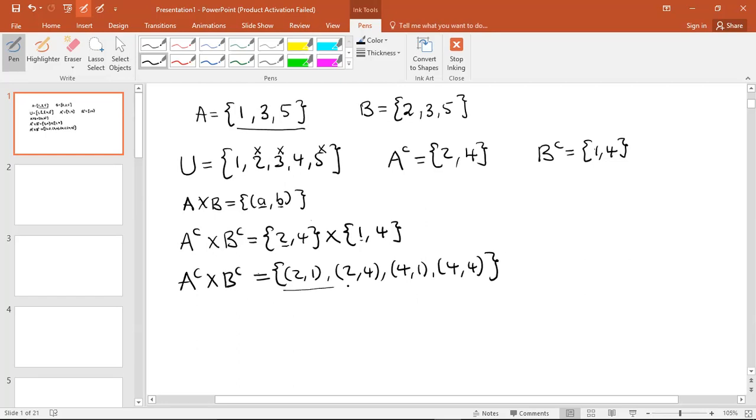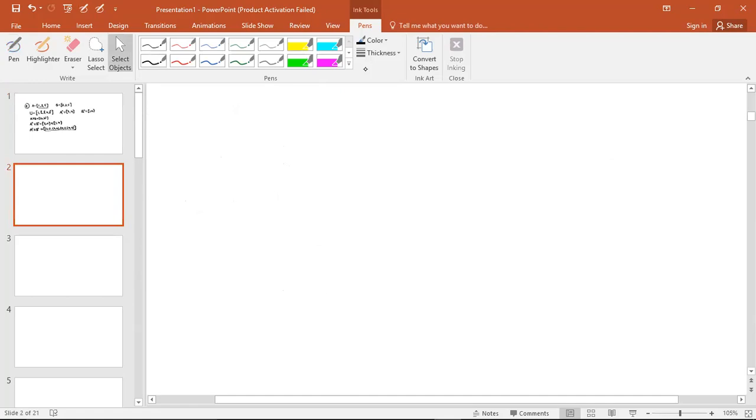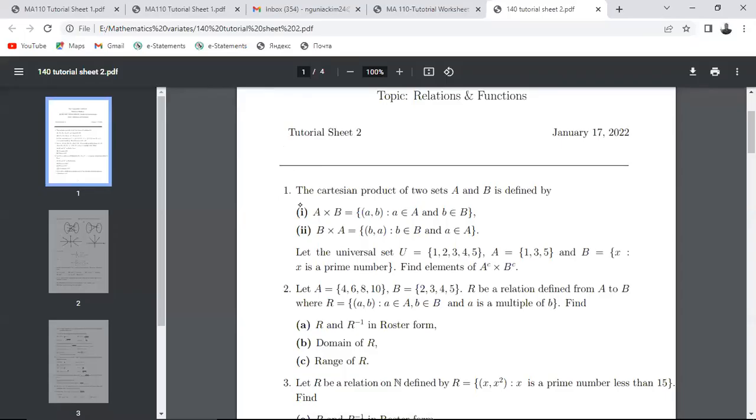So that is the required end result in form of a set. Okay. So that is how you go about question 1, given what we've been given. Okay. So for more questions, you can simply do the needful. So let's go to the second question. The second question